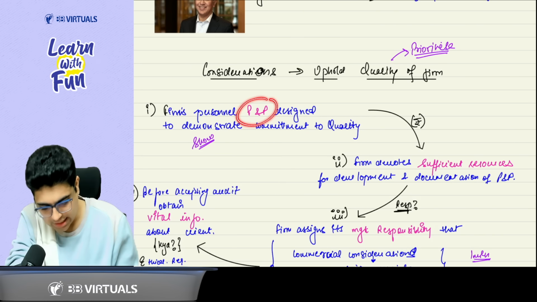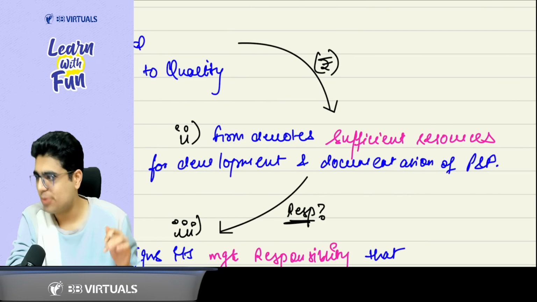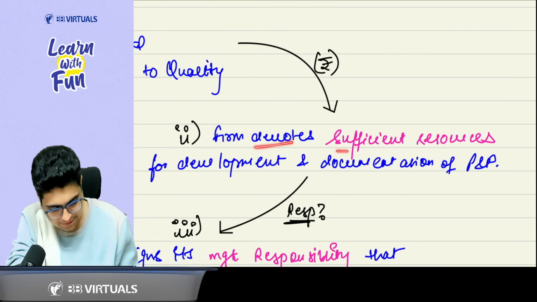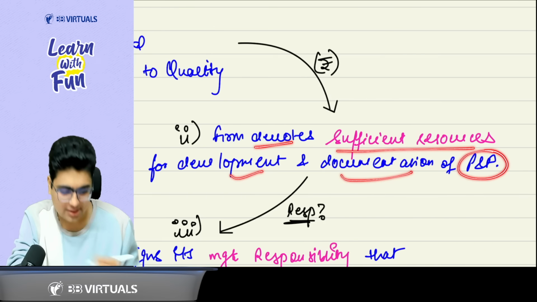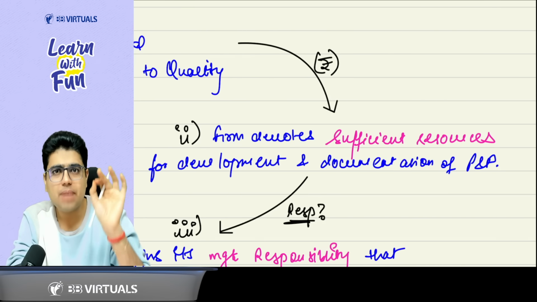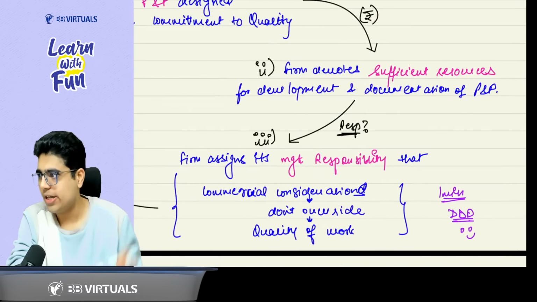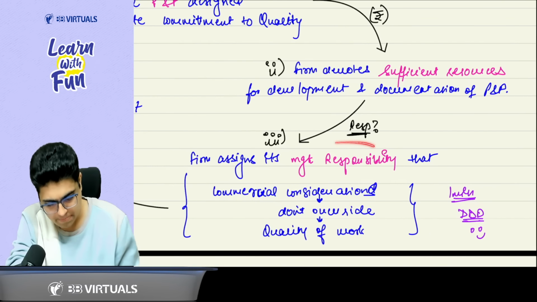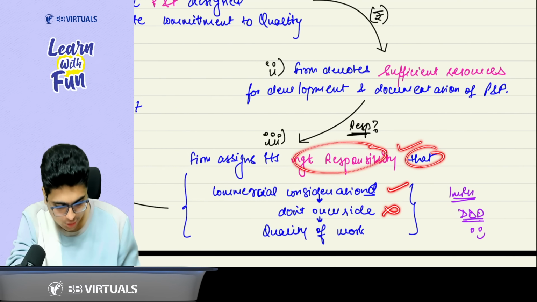Sir, to create the policy, we will need money. So for money, write the second point. The firm should devote sufficient resources for the development and documentation of policies and procedures. Now, sir, who will take the responsibility of all this? Management, CEO, senior management. So the last point is the firm should assign its management the responsibility that commercial considerations don't override